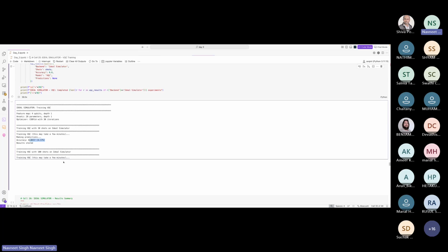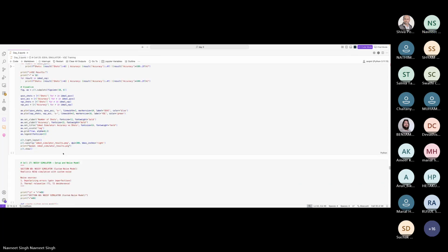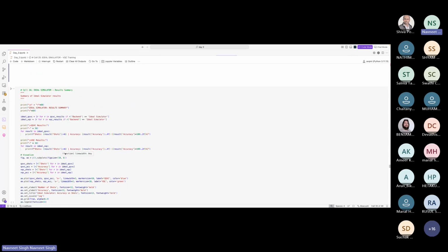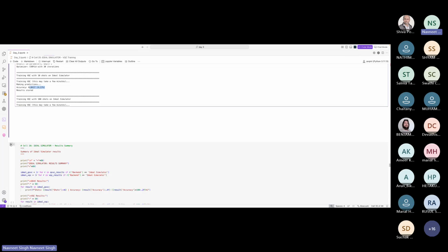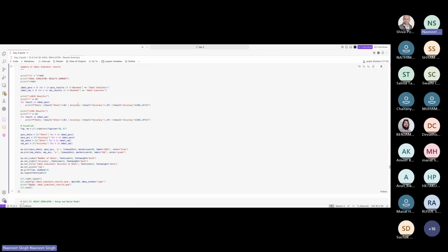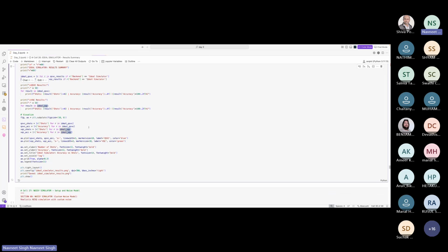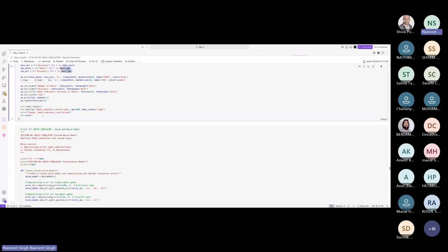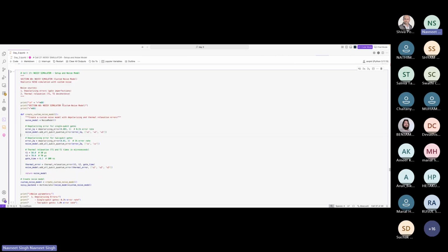And another thing. By the time it is running, I will explain what is happening in here. This is just comparing the results of both QSVC as well as VQC on our given data set. Nothing else, and it will plot and even give you the image. And this is the noisy one, when we make our simulator noisy. So what we are doing here,